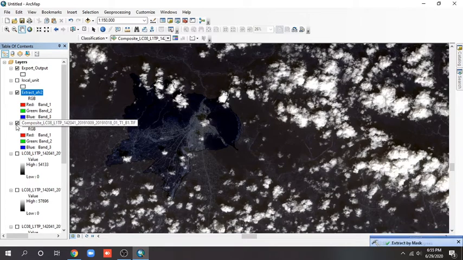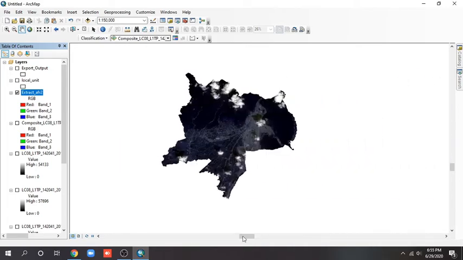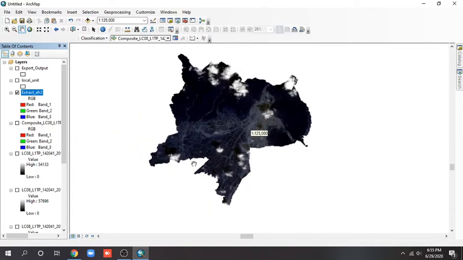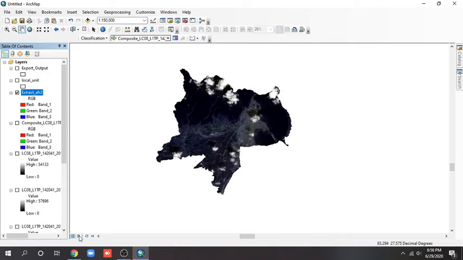Now you can uncheck this and this. You can see we have extracted the state area with the raster values. Now if you want to present this data somewhere, not only Landsat but any features, if you have included the area map with some zones, or if there is a protected area or industrial area, if you have extracted the raster data of your choice, then if you want to present it, simply click on layout view.